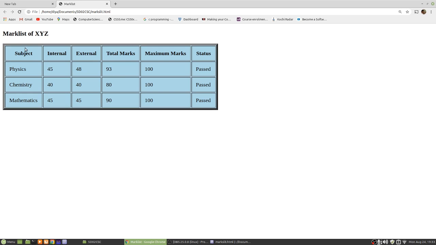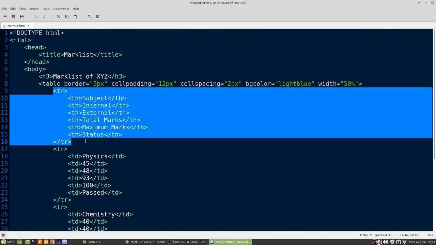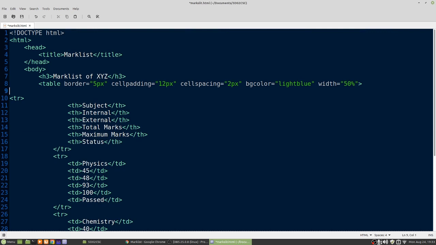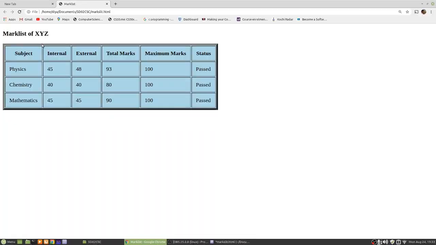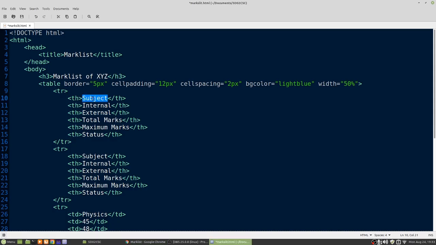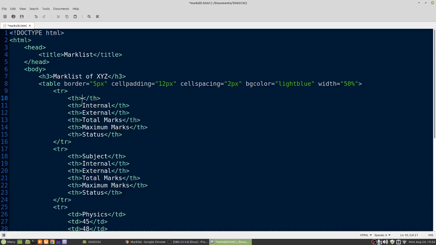First, we will add a row above this row. So for that, what you have to do, you have to put another row above this. And the first column, you don't want anything here, so leave it blank. Second column, third column and fourth column should be merged.